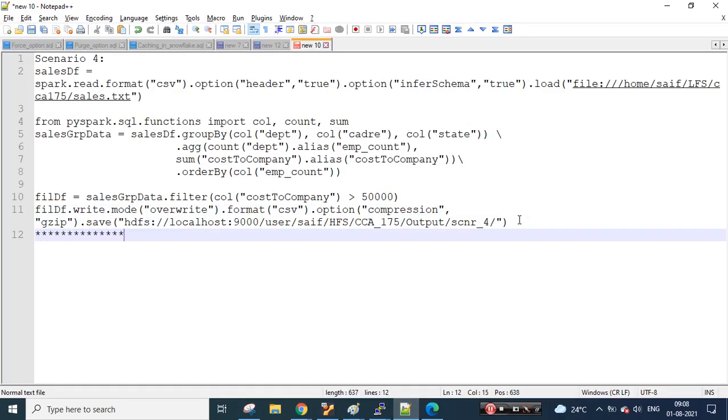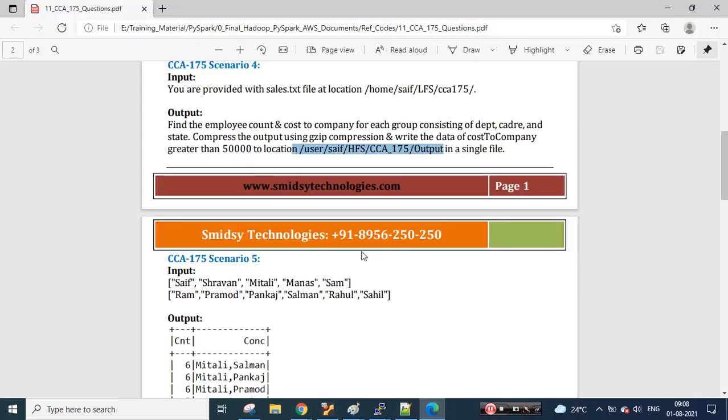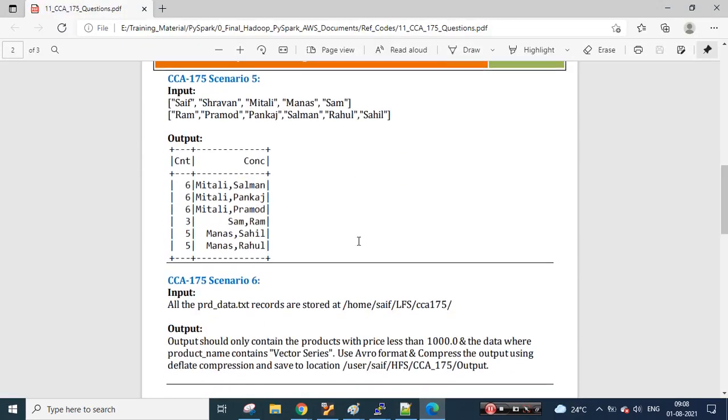Okay, so let's make a move. So that was the fourth scenario for us. Let's go for the fifth scenario. In the fifth scenario, what they are asking us is